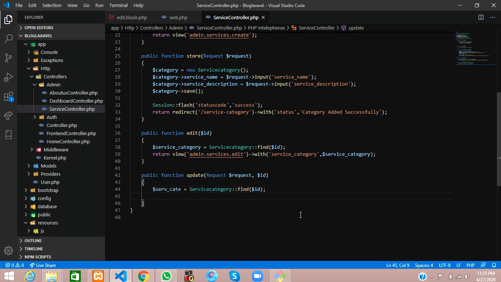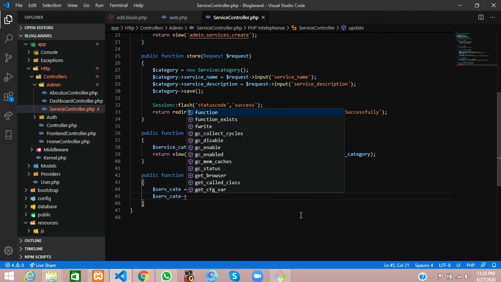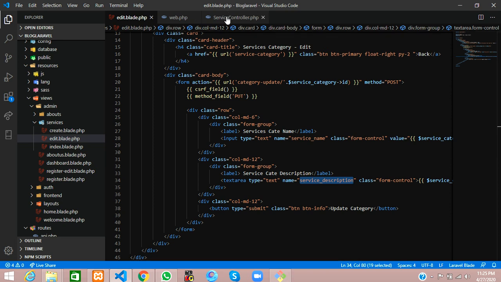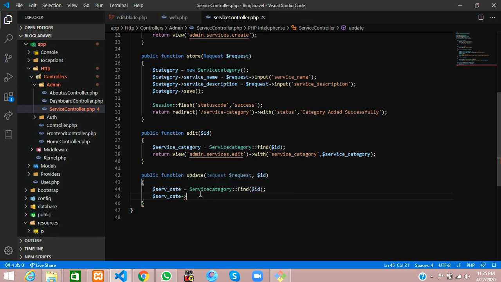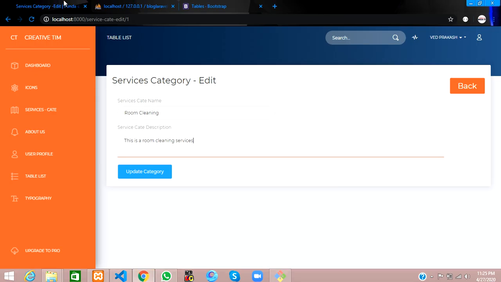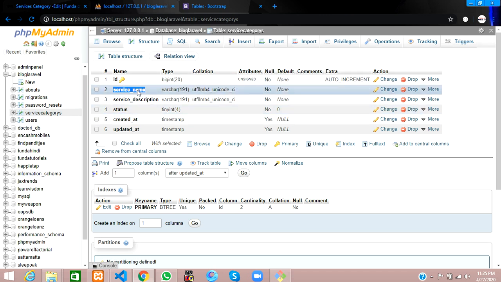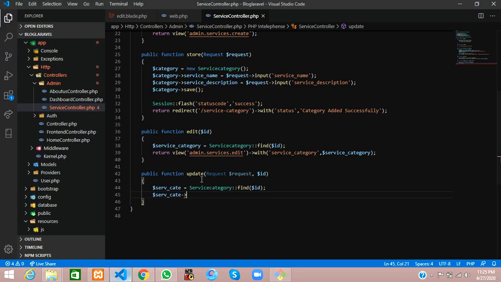Okay, so guys, let's copy this and see what the names are. You can check over here, service name is there and service description is there. Before that, we are going to set the database things. You can go to your database and check in this format, or else you can use the Eloquent model which we have created. You can copy from here and paste it.